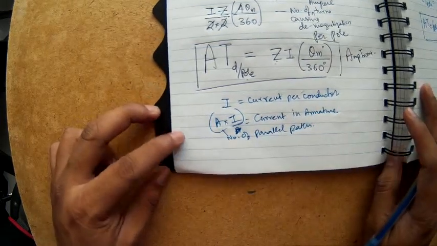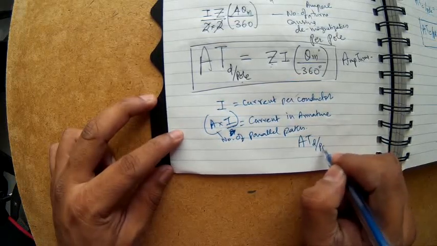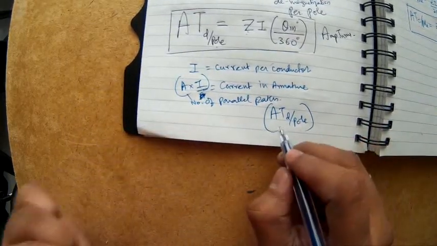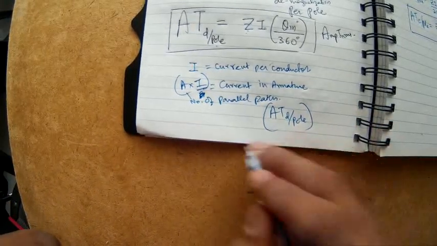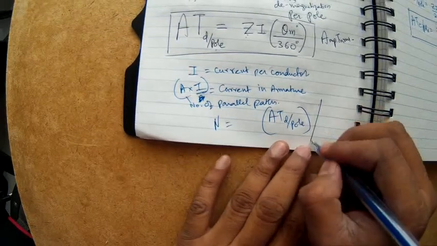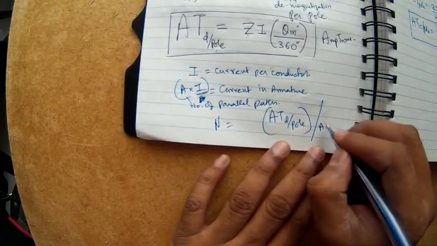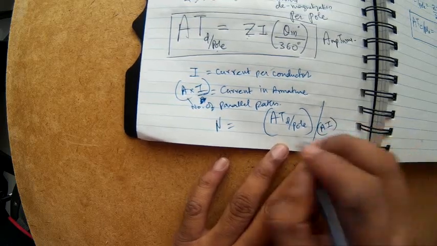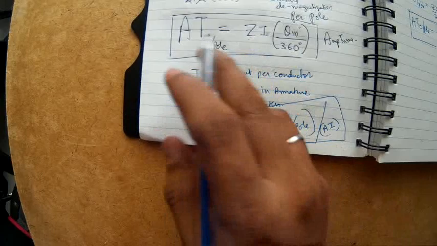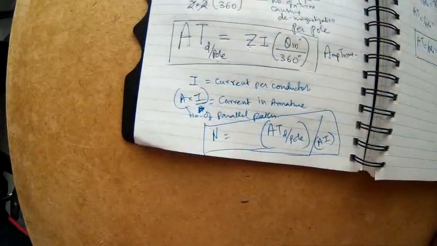So what I will do is simply take the ampere turns causing demagnetization per pole. Okay, this is ampere turns. Now if I divide by amperes, I will get the turns. So the turns, and how many amperes? It's nothing but divide by this one, A into I. So this quantity will give me the number of turns that I should add in series with the armature, or I should add to help the main flux.